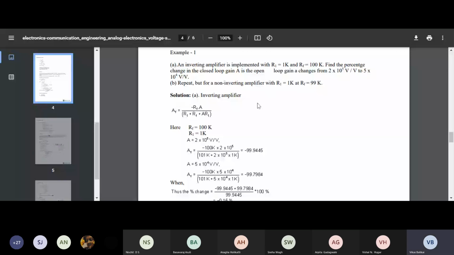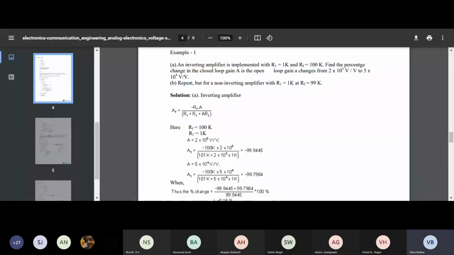This is a small problem. I'll just try to explain how exactly we are supposed to solve it, and on the same lines we'll solve a few more problems in the next class. This is a numerical for the inverting amplifier. An inverting amplifier is implemented with R1 equal to 1K, RF equal to 100K. Find the percentage change in the closed loop gain,